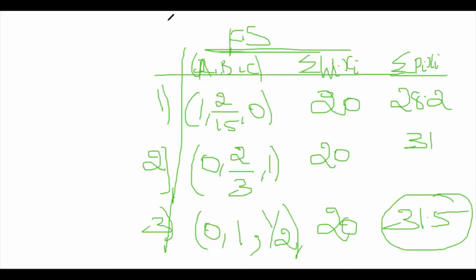In that problem, I simply explained it, but it is based on the algorithm only. Once you check with the algorithm, you can see the concept I explained. So I explained based on the given algorithm only. So 1, 2 by 15, 0. Okay, so this is the solution for the given problems. I think all of you got a clear idea about this knapsack problem.